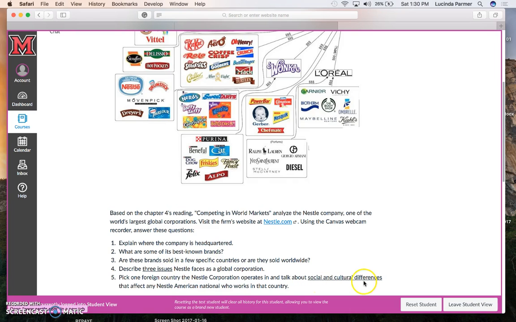It talks about some of the social and cultural differences like language barriers, or for example, the McDonald's Corporation would never be able to go to India and sell a regular Big Mac. The reason is a cultural and actually religious barrier, because they do not believe in eating the cow or beef, since they believe that is a sacred animal. So when you are marketing in other countries, you have to take those social and cultural differences into account. I mean, would you go market a bikini in Saudi Arabia? Probably not, right? Because the women over there wear a burqa.